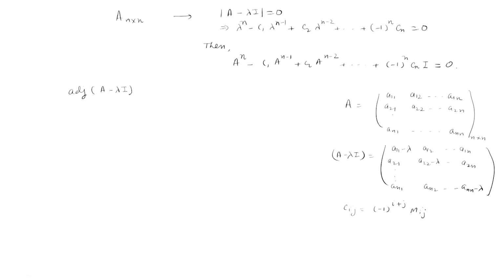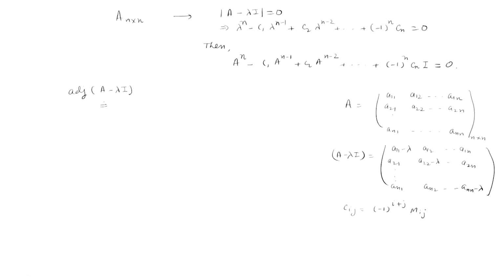So what does it mean? It means that if you want to find the cofactor of any element of this matrix, say the first element, the highest power of lambda will be lambda raised to power n minus 1. If you see the cofactor of this element, the determinant will contain lambda raised to power n minus 1, not lambda raised to power n. If you want to find the cofactor of this element, then the highest power of lambda will be lambda raised to power n minus 2.